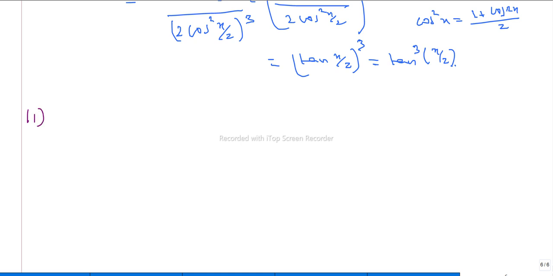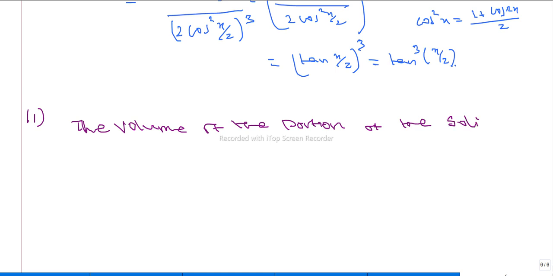Find the volume of the portion or region of the solid cylinder